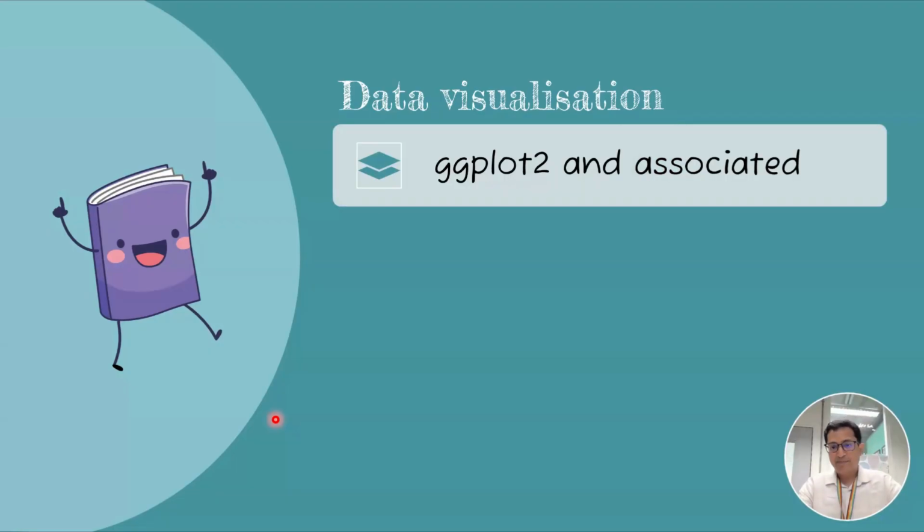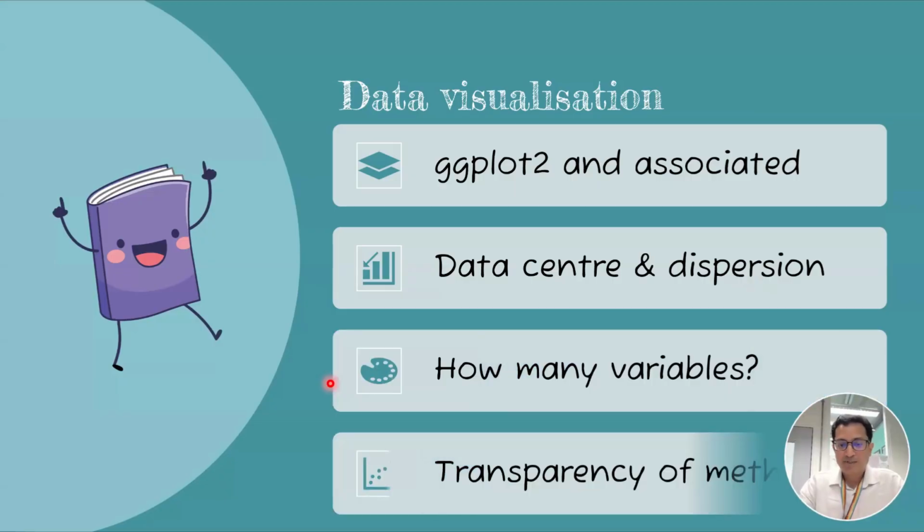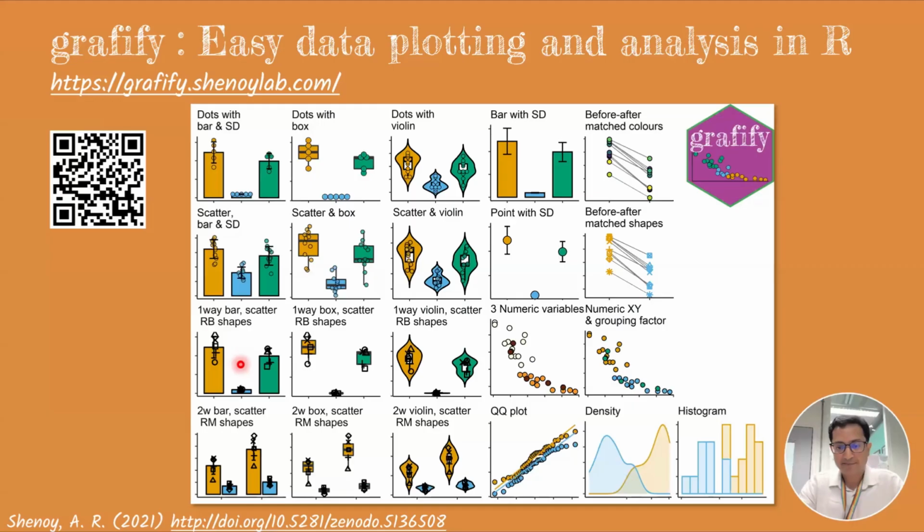I want to just mention ggplot and the associated family of packages in R. They're very common, very powerful and flexible, and I would highly recommend people look at how to use ggplot. In showing data, you also want to think about how you want to show the center of your data, which is usually the mean or the median. How do you want to show the dispersion? Do you want to show SD error bars, confidence intervals, violins, and so on? And of course, there are other things to consider, which I won't touch upon, but you'll be able to read about on some of the websites I've linked.